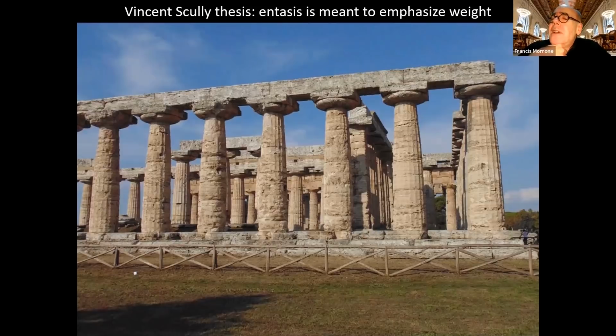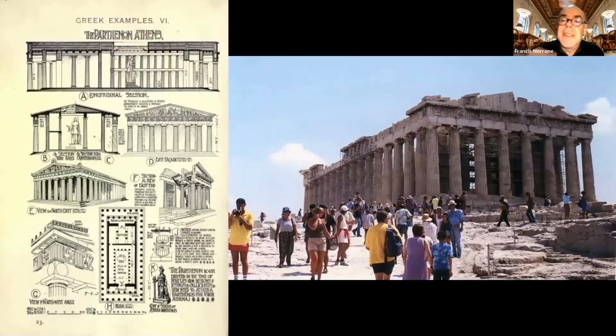The Greeks wanted their buildings to have a feeling of weight, to make you feel rather as though you were holding up the building. This we place under the general heading of empathy in art or architecture, that projection of the states of the human body onto buildings. This, at least, was the Scully thesis.